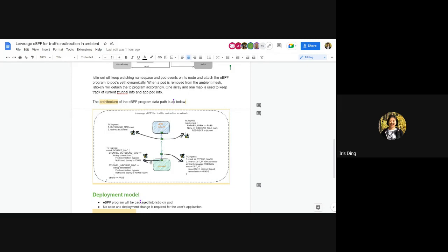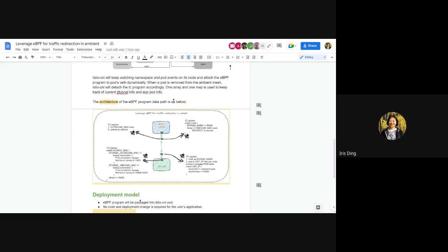One is hooked inside the west within the data tunnel part. The other is hooked on the host part. So when the traffic or the packet comes into the data tunnel pod, we will look up the connection. If this is a new connection, then we will leverage the T-proxy IP table rules to redirect to the data tunnel outbound pod. So one thing to mention here is for the data tunnel pod, we currently still rely on